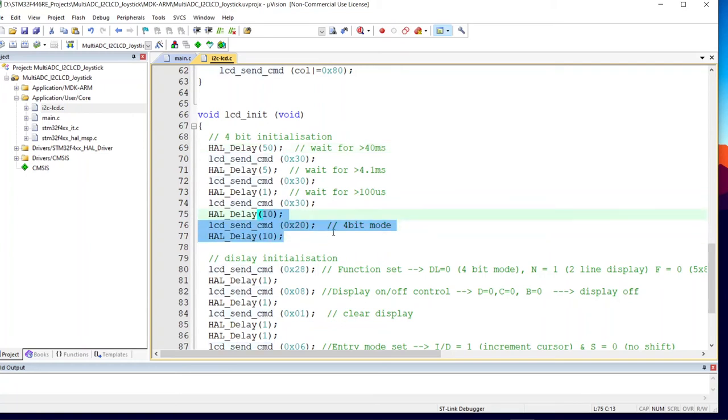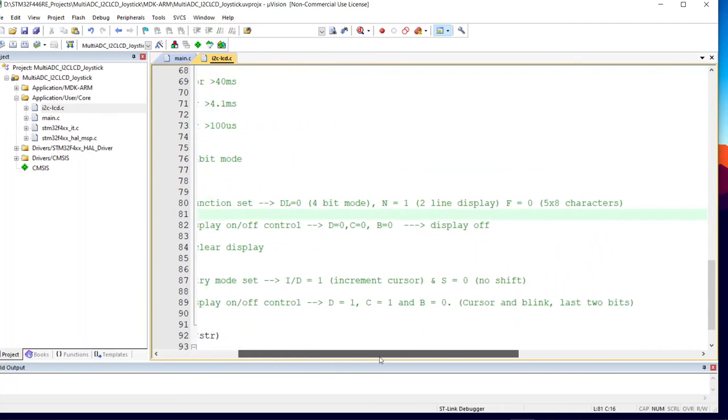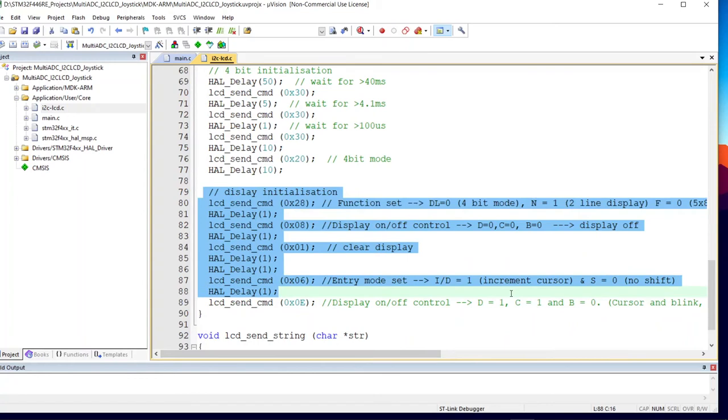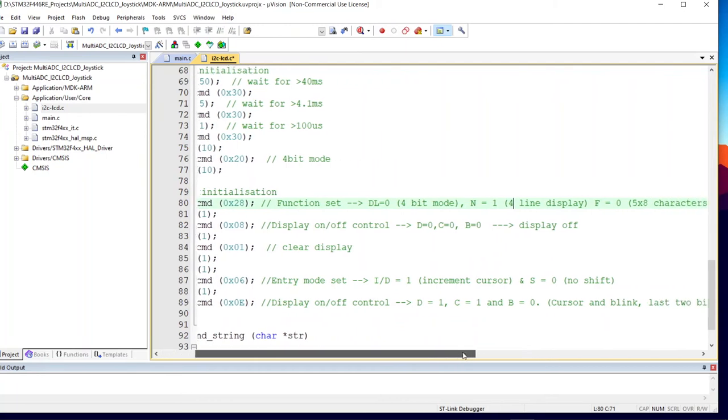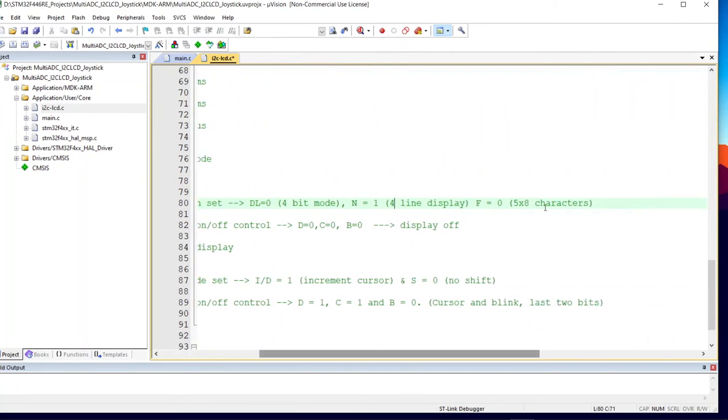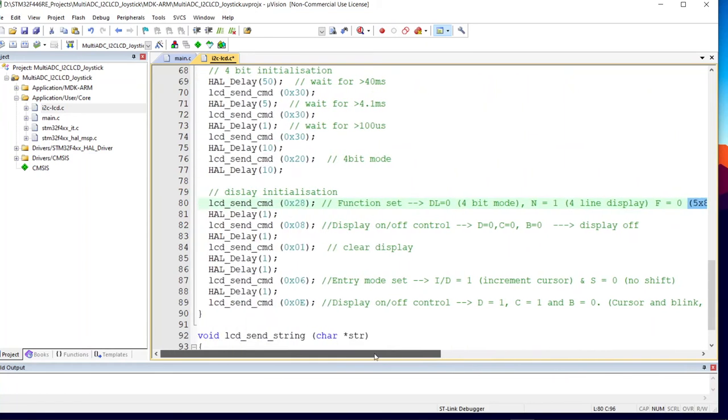And here, this block of code is for the display initialization. So we want our LCD again to function in 4-bit mode. And this is exactly for the line display. Let me just change that one. And the character resolution is 5 by 8 dot matrix, something like that. And for every command there's a 1 millisecond delay, and another